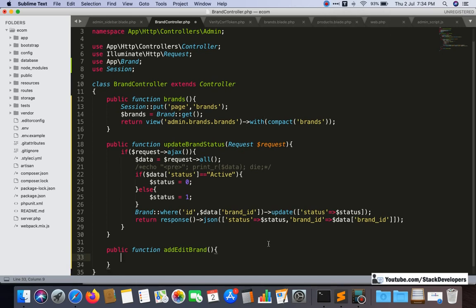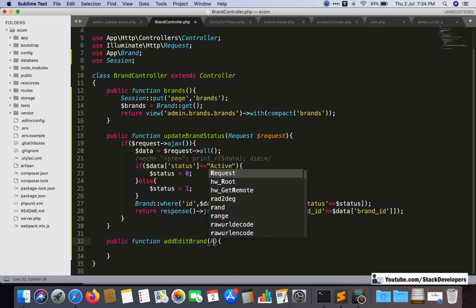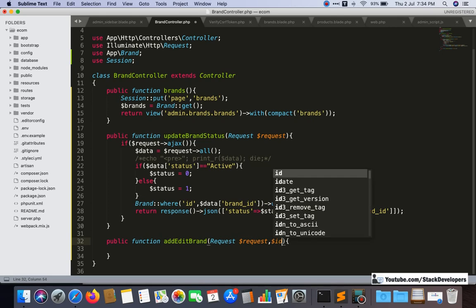So see here, for both add and edit, this add edit brand function will work. We require to add here Request $request, whatever data we will get from the form, and in the case of edit we require the id as well.